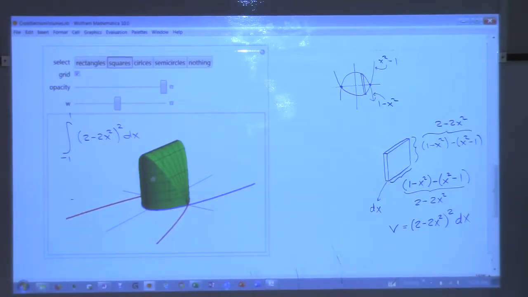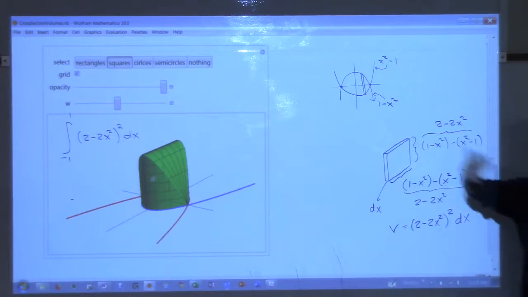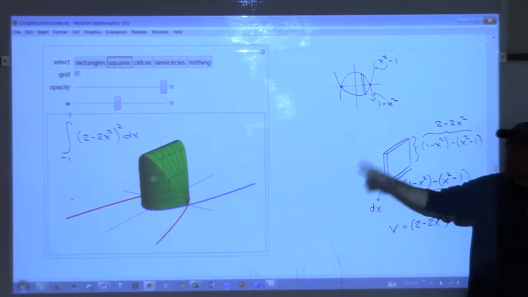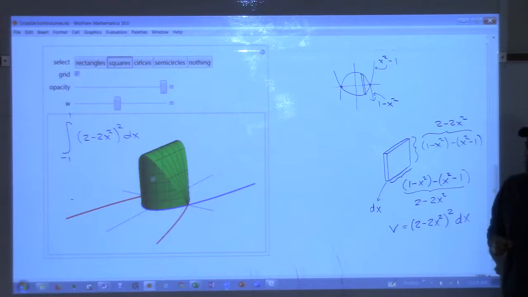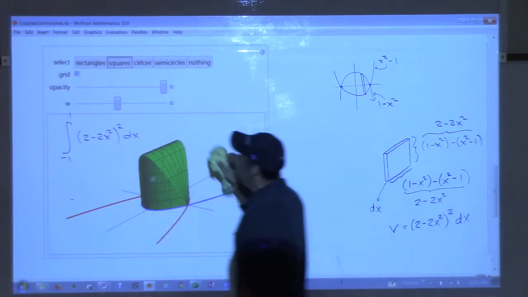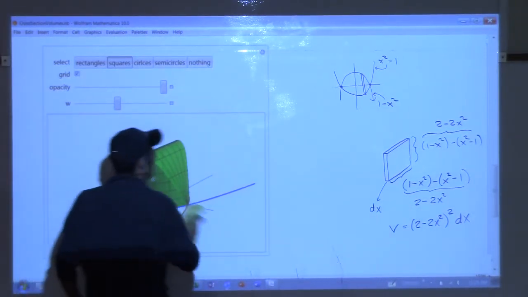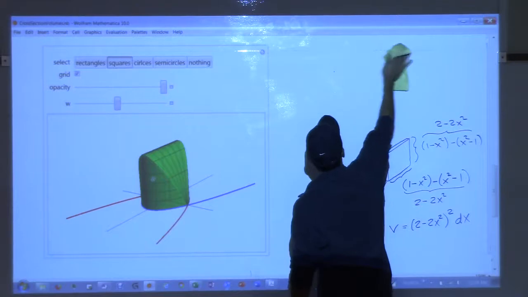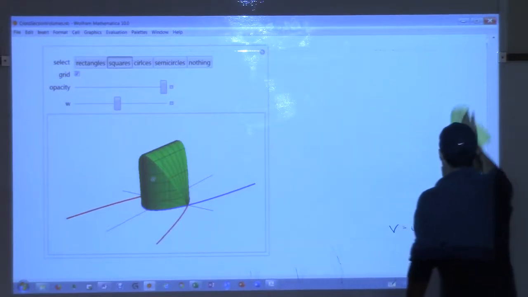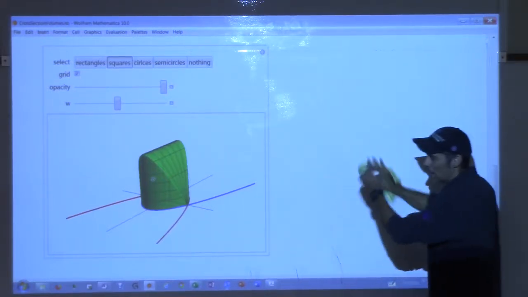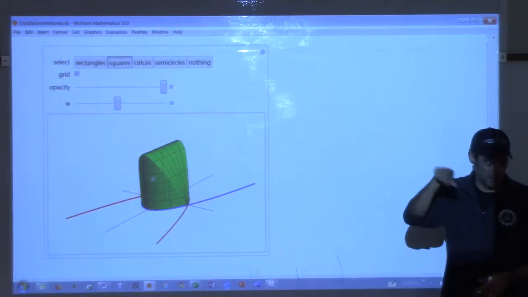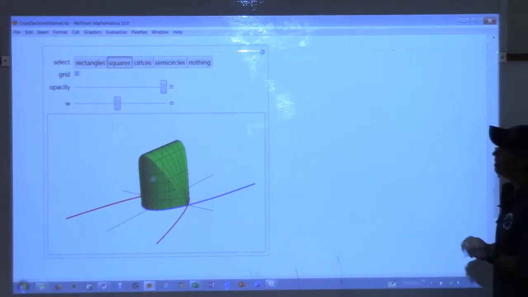All right, so let's change the problem. I want to do the exact same problem that we just did, okay? Same base, but this time I would like the cross sections to be semicircles. Okay? Semicircles instead of squares. Now when I say a semicircle, I mean a half circle, right? Half circle. So I don't want to write the whole problem down again, right? Just change squares to semicircles. So if I do semicircles,